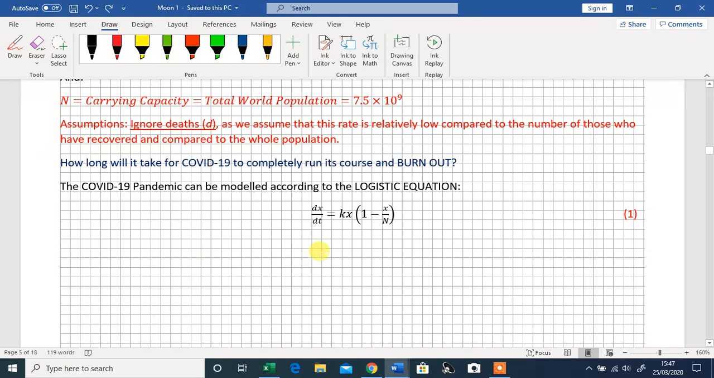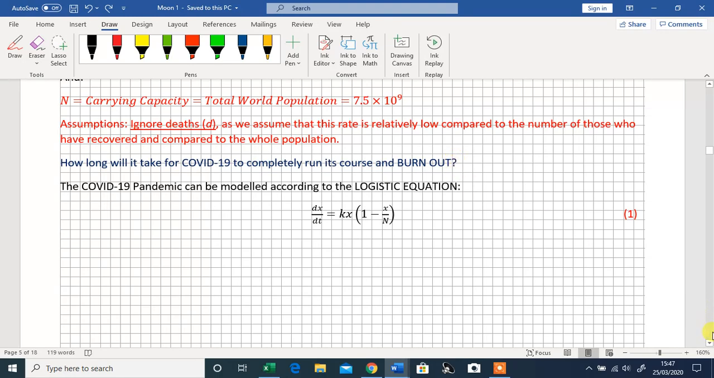Now, how do we solve this equation? How do we get to some kind of final solution where we can predict not only how many people will have recovered from the disease, for example, X months down the line, but how many months that will take before the virus has burnt out and we can revert to some kind of normality